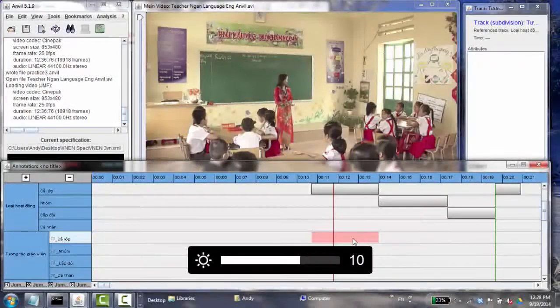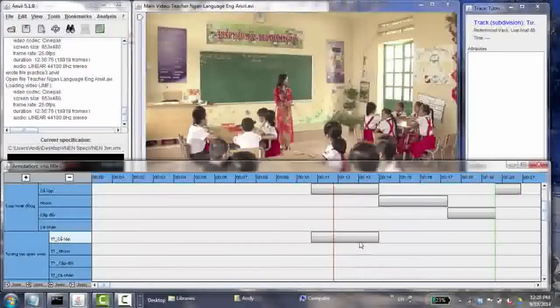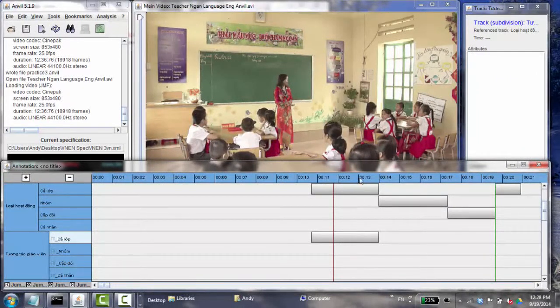So I'm going to now create that element. And so what we can see is that we've got class activity, and now we have the interaction for the